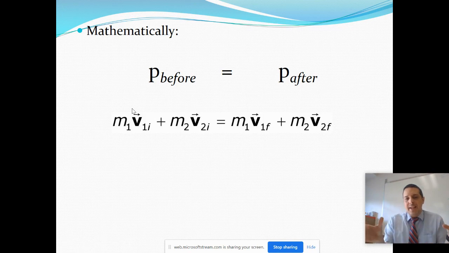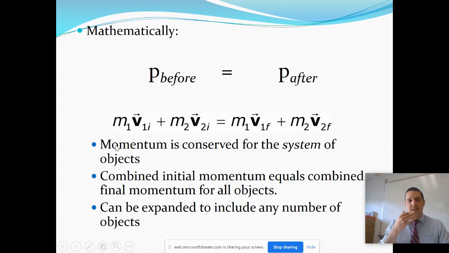We would expand this concept to account for individual objects that are interacting. On the left, you can see that I have a system of two different objects interacting, mass 1 and mass 2, each of them with an initial velocity and each with a final velocity. If we determine the momentum of each of the objects before the collision and sum them up as vectors, because momentum is a vector, then after the collision we could take the momentums of each of the objects and sum them up, and the sum of all those momentums will always be the same. So the momentum is conserved for the system of objects. We combine all their initials and finals and they're equal.